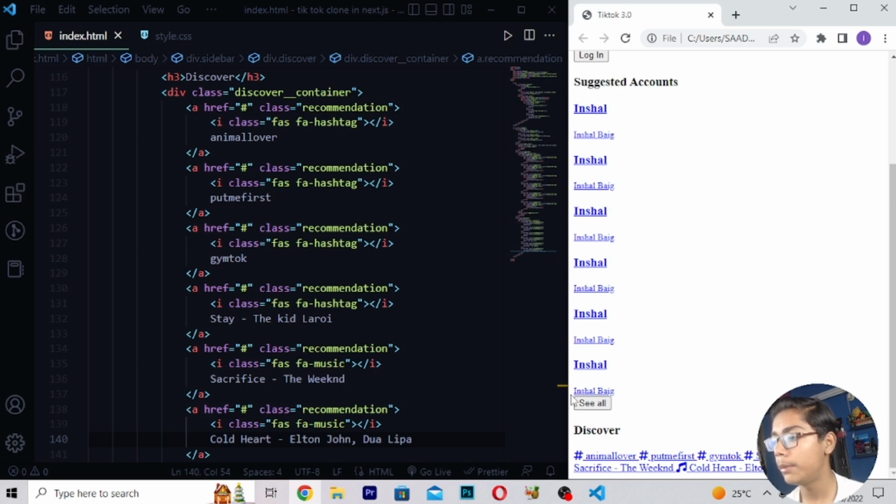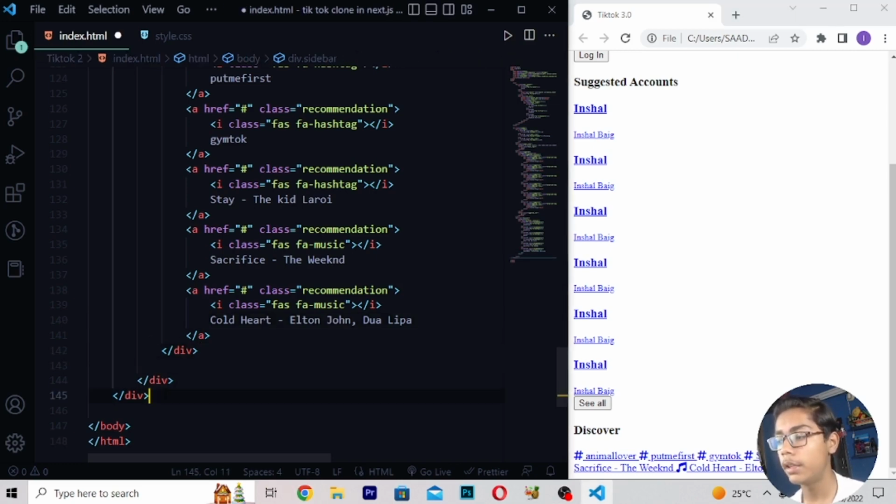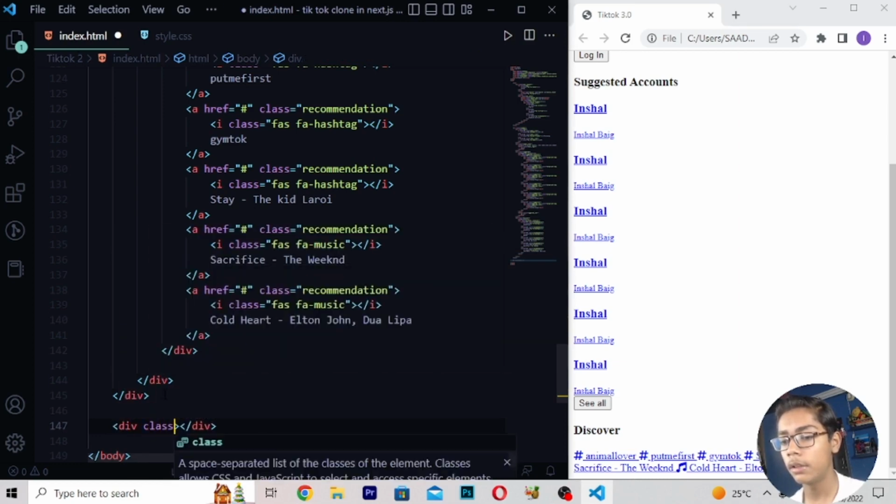Now I will write the tag like the one we have written. When you've written this, I will move down after this tag. After moving down, I will give a space from here, then you have to move down right here, div class, then here I will write feed, like this.